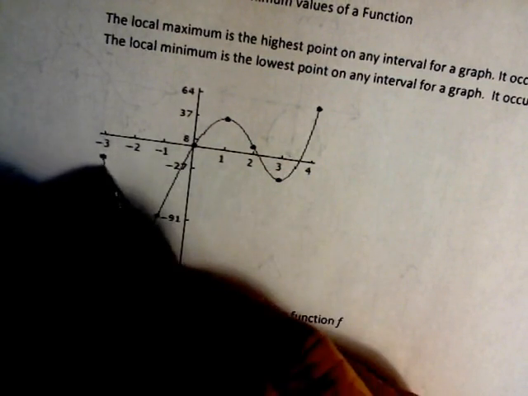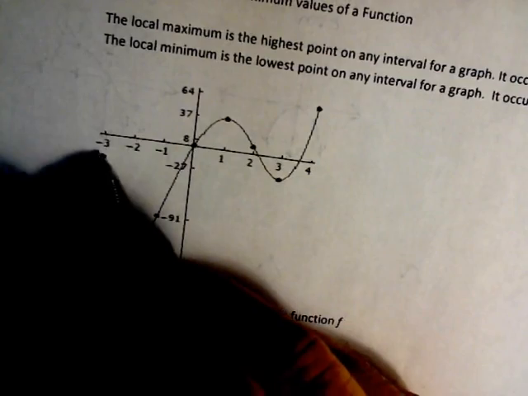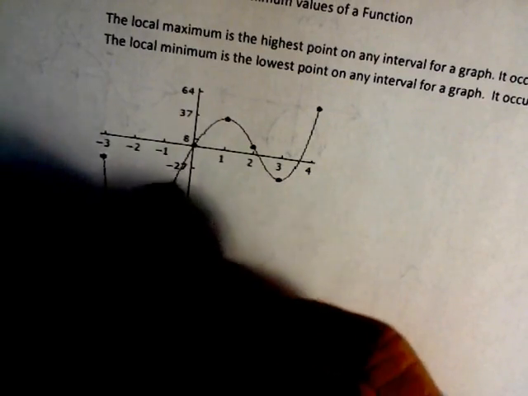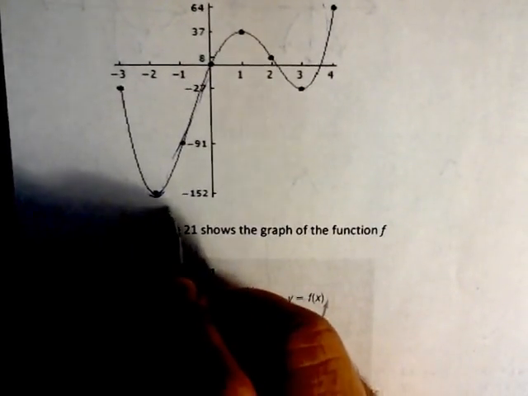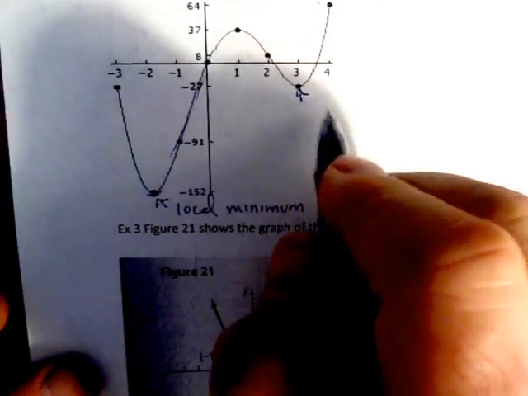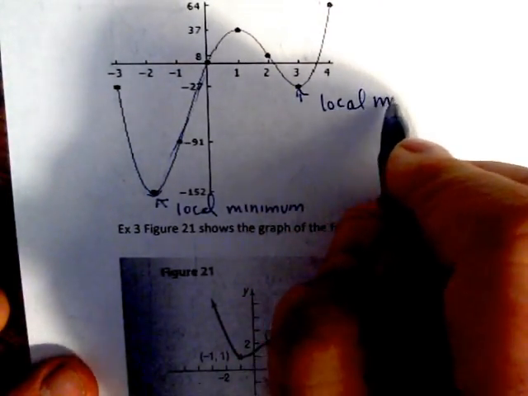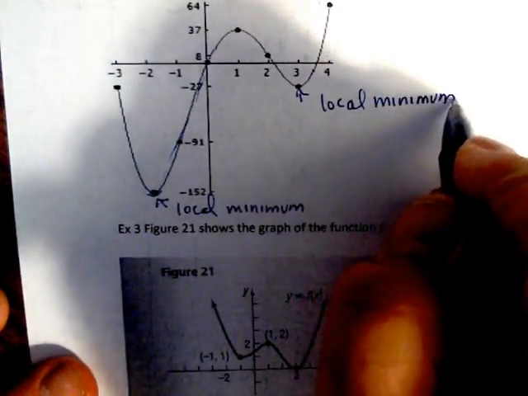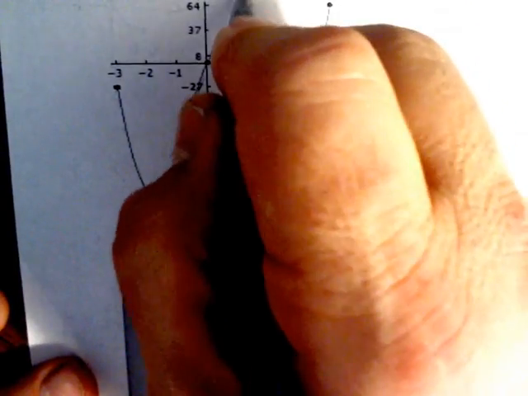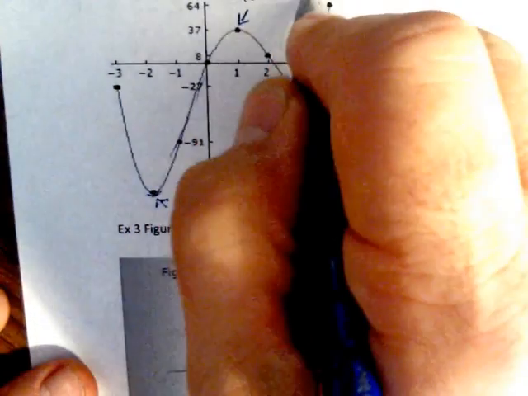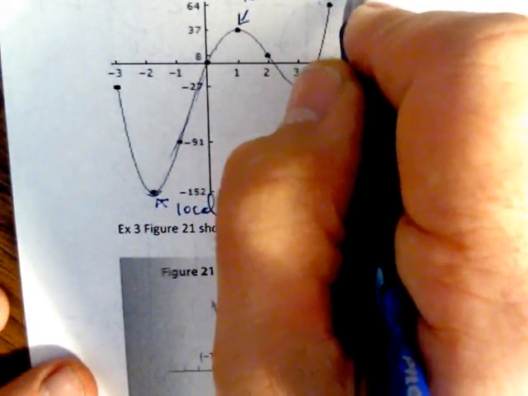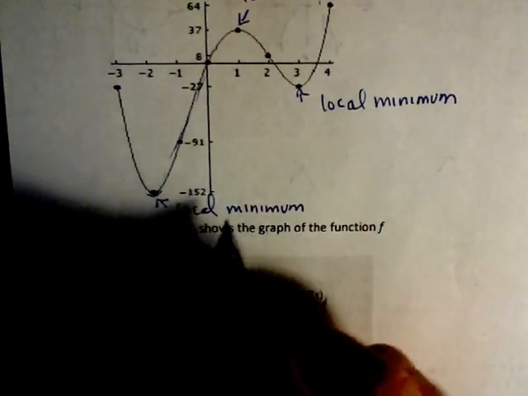little humps. It's where the graph changes direction. It's where it goes from decreasing to increasing or increasing to decreasing. So right here, we have a local minimum. Right here, we have a local minimum. And right here, we have a local maximum. Now, this minimum here,